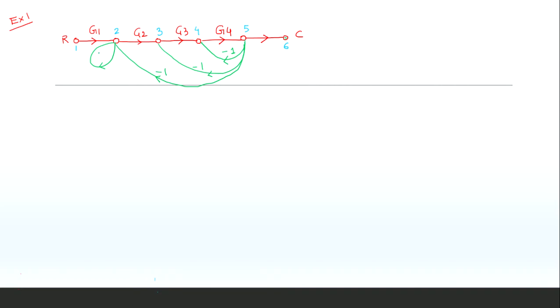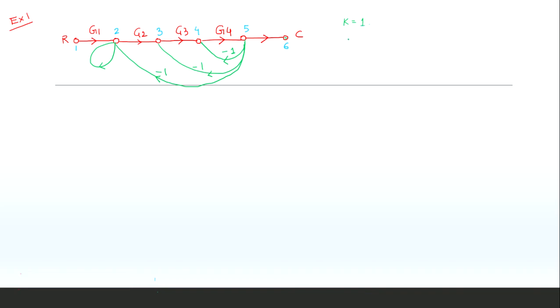So this is the only feed-forward path, because we can observe that these other paths have signals going in the opposite direction. That is, it is coming from the output side and going towards the input side, the opposite of this red line path. So these paths are the feedback paths. As per the formula, first we have to determine the number of feed-forward paths. So what is the value of k here? The value of k here is equal to 1.